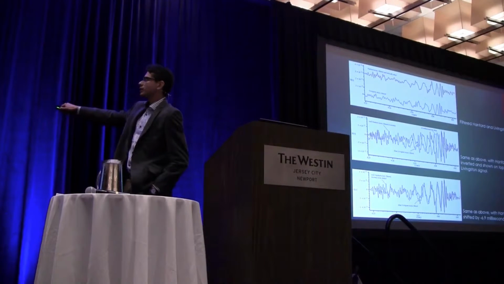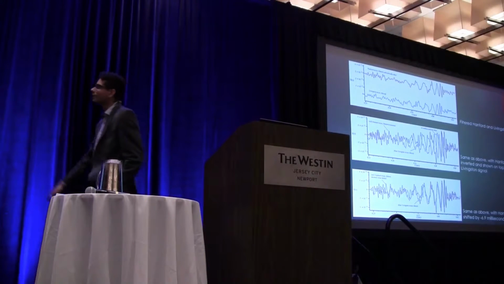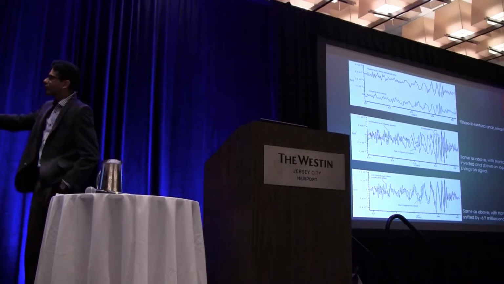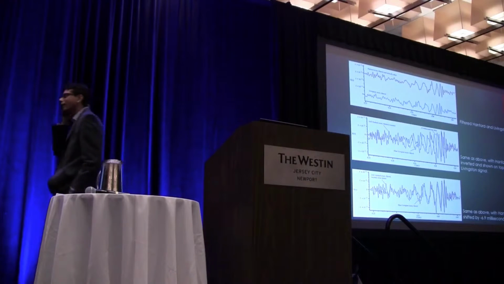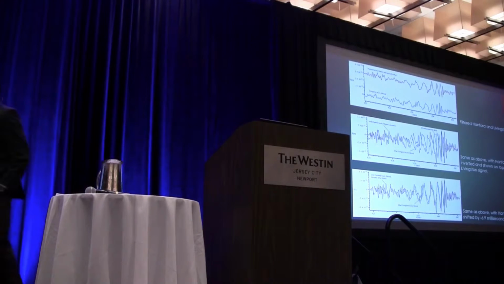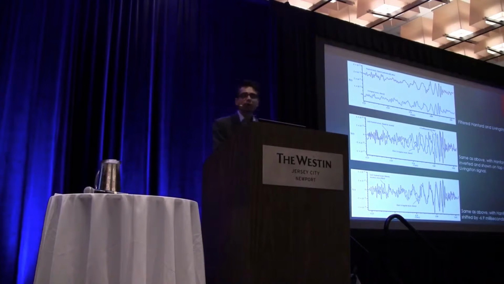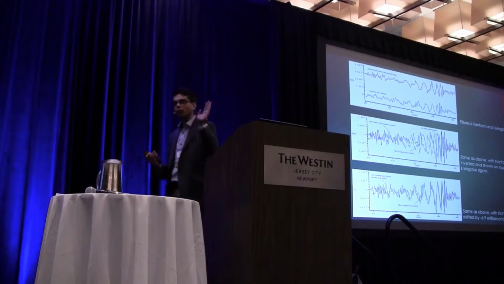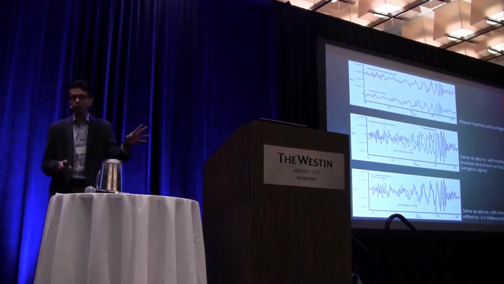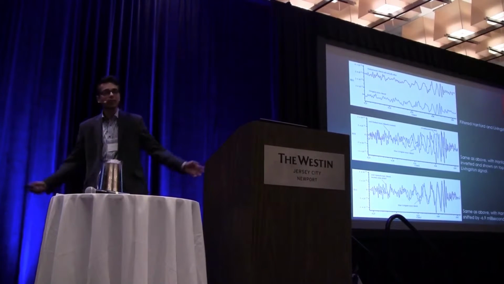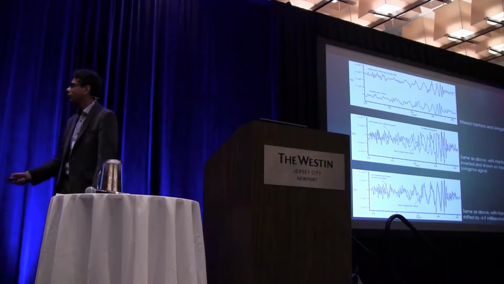There is a very clear chirp signal which is increasing in frequency, and you don't really need any statistics. It's very, very obvious. If you plot the signals one on top of the other, we can see that they actually don't align. The reason is the distance between the two detectors, which was about 3,000 kilometers. So it takes light a maximum of 10 milliseconds to move from one detector to the other. Depending on the direction of the gravitational waves, that delay would be smaller. In this particular case, the delay was about 7 milliseconds.